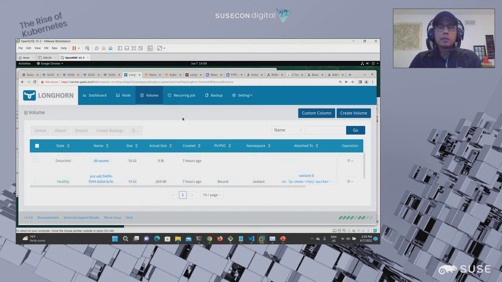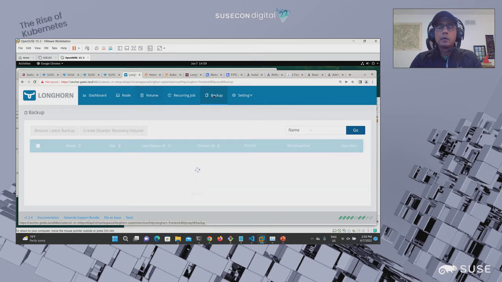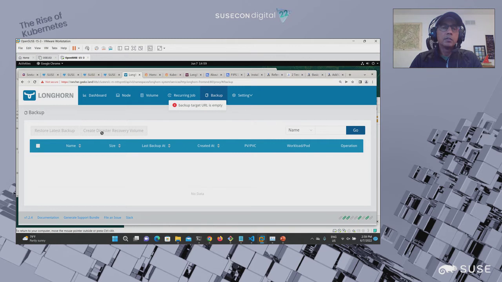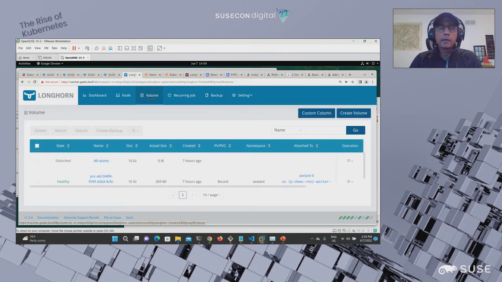Now, we talked a little bit about the need to back up and make sure all this is ready for the eventuality of disaster recovery or business continuity. Because these are block storage spread across multiple nodes, these can be backed up, and you can create different backups to have your disaster recovery volumes in different regions, and then copy the volumes you're using from what is running in one region to the other.